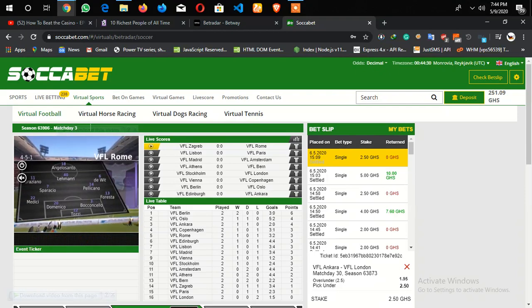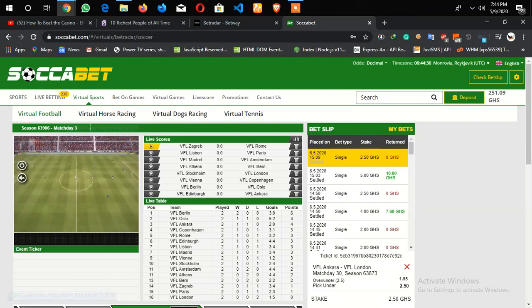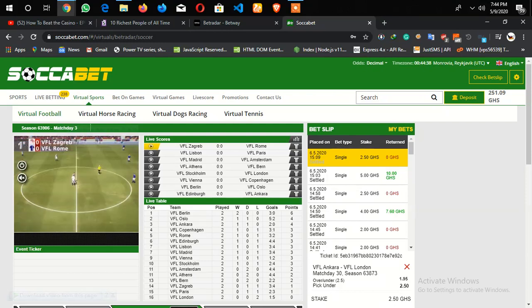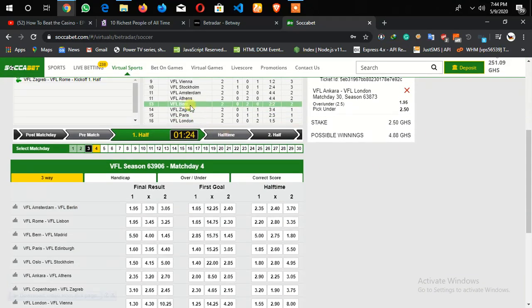I keep on saying when they block it because this is working at the moment, but I know virtual football has a means of always blocking strategies. So if you're watching this and it stops working in future, don't come calling me names, just know they've blocked it. So how does it work? Look for the last 4 teams and make sure they are playing at home. If they're playing at home, bet first half draw. If they're playing against each other, bet first half draw. So we have Bern, we have Zagreb, we have Paris, we have London. So let's check.